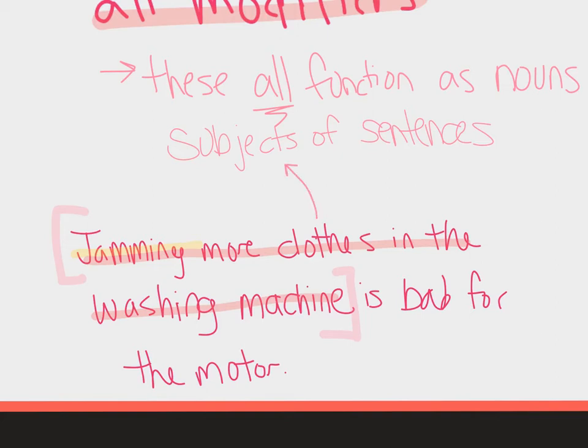I could substitute that with babies. Babies are bad for the motor. Water is bad for the motor. Puppies are bad for the motor. Puppies are bad for nothing, Miss Rose, you're crazy. But I could substitute this section with a subject, and then